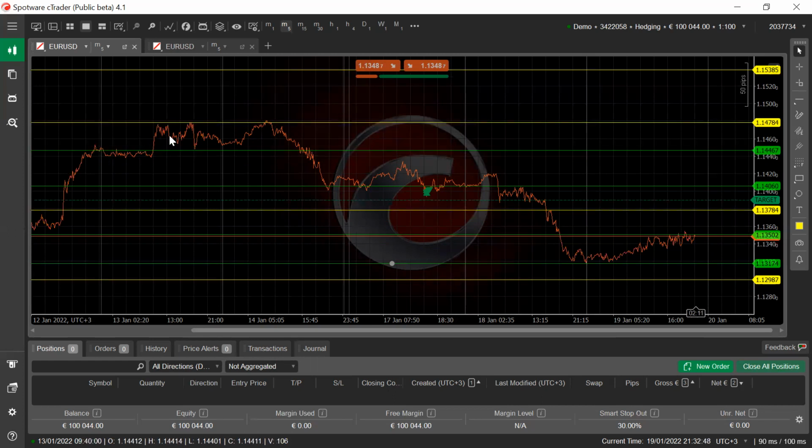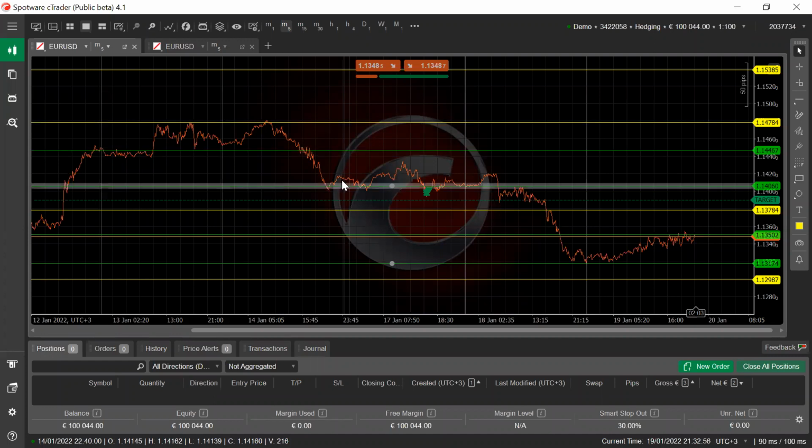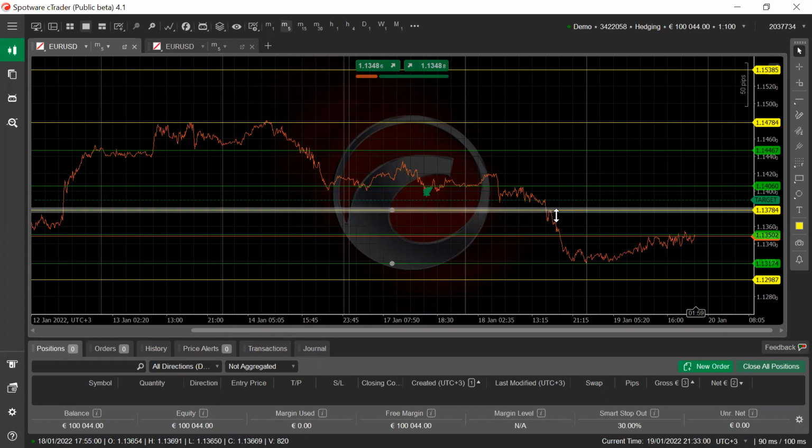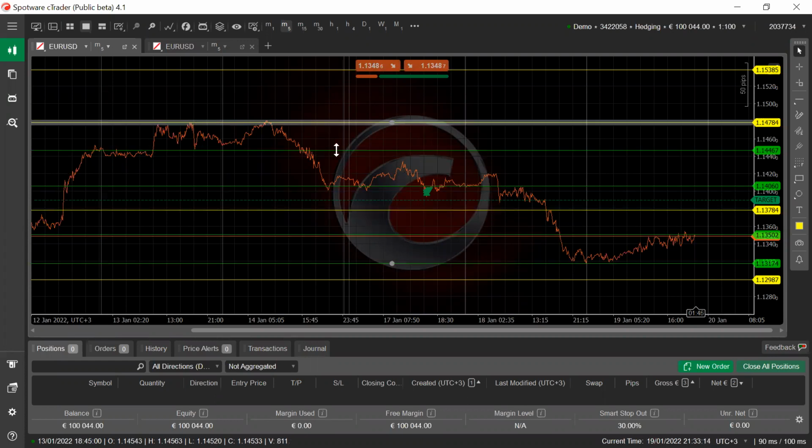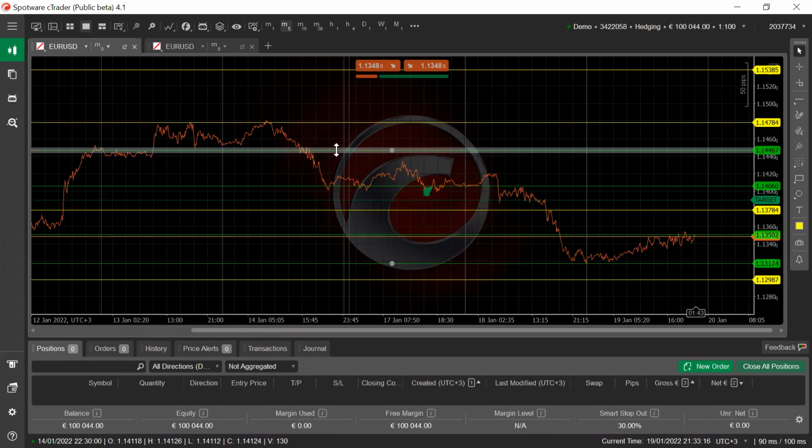Why? Ukiangalia line imeenda ikashindwa kwenda juu, ikashindwa ikaenda, but here it came ikapasua kidogo, got stuck there and then went down. So this was a significant point. The market had to stop there kidogo, and then it went down, ikapasua hiyo. So if you think of this in your trading, you'll find that your trading will be better.